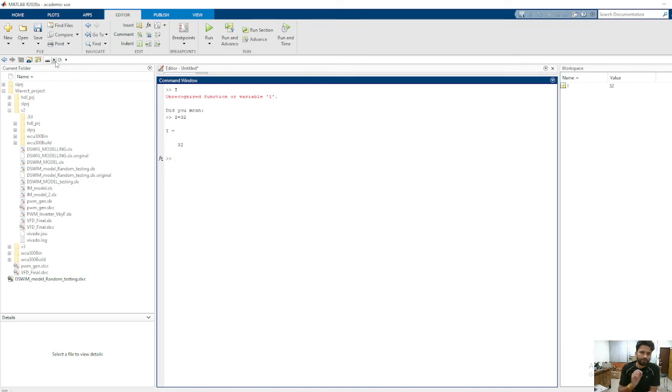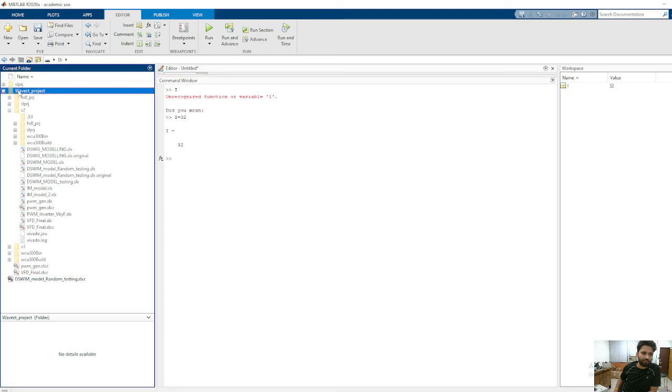The first thing you have to learn is to set the directory. I am using the D drive, as you can see here. Then I am using the Wave City project, or any project you can say. You can set your directory.